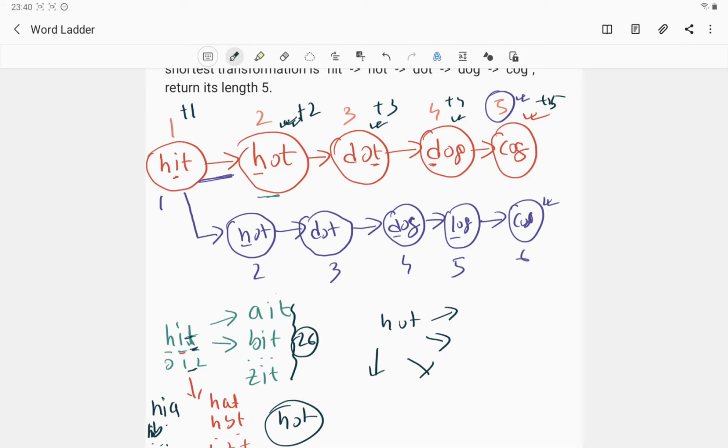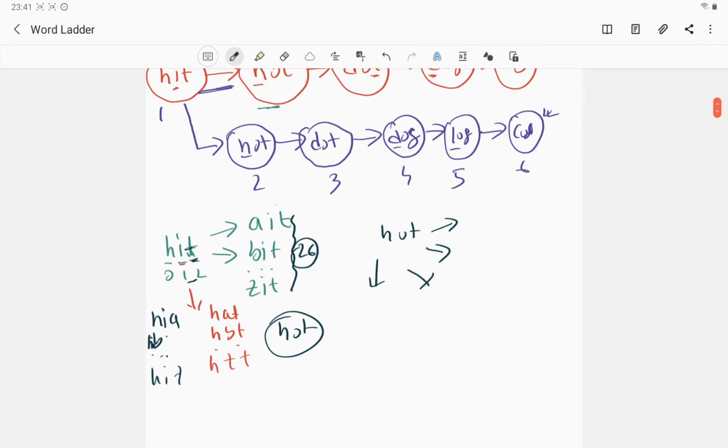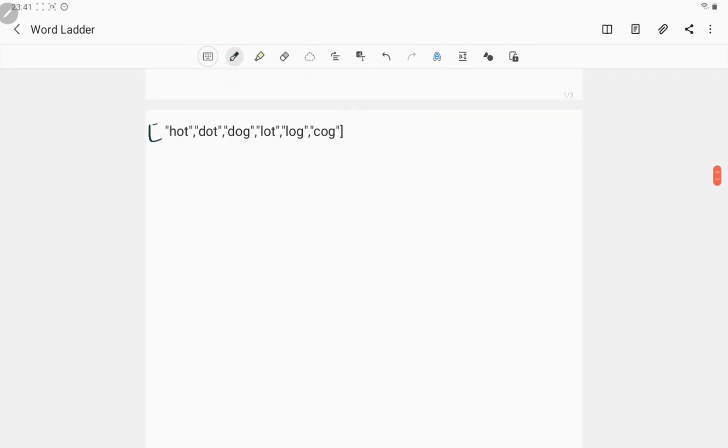So our first task will be generating all the possible combinations, and once this is generated, then I can easily check that any of the words is present in our dictionary or not. If it is present, then using that word we are going to generate all the possible combinations for the next level, right? And whenever we are changing the level, we are going to increment our level value, okay? So at the end, whenever I reach my final destination or final word, then we can return the level value, right? So this will be our approach, right? So let's see how we can do it using BFS.